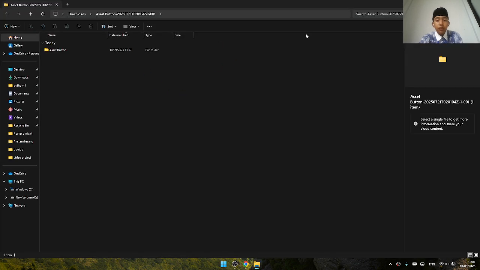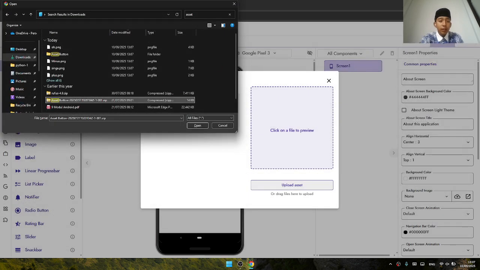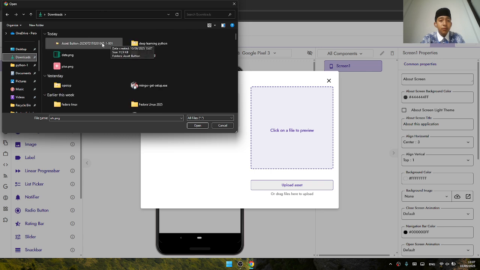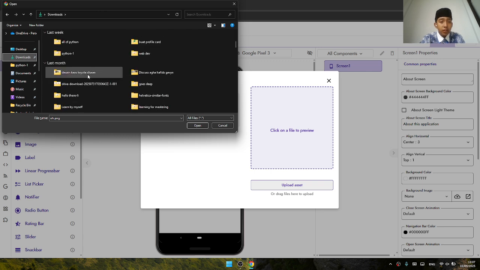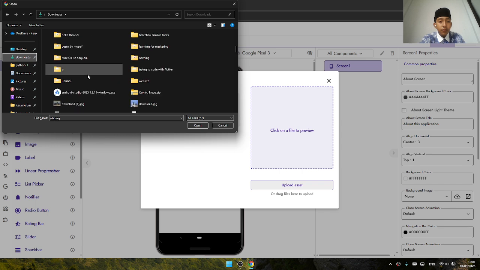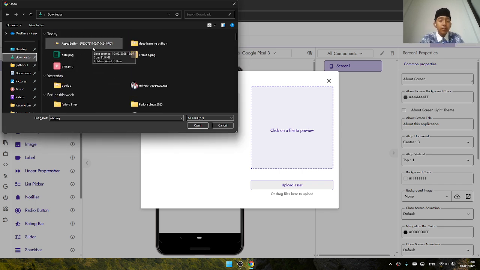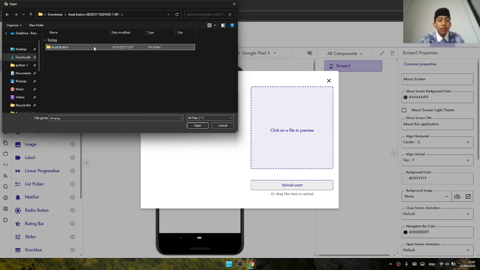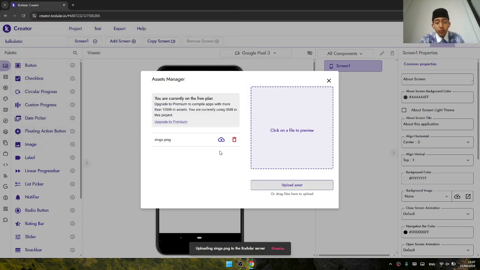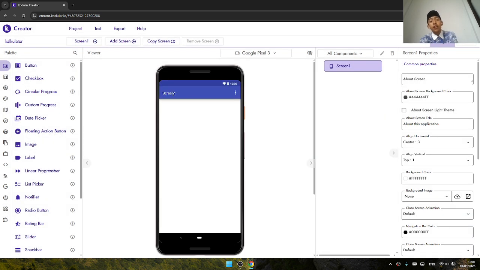Extract. Oh, never mind. This asset button, yeah. Never mind, never mind. Just click this. Okay, okay, I see, I see.